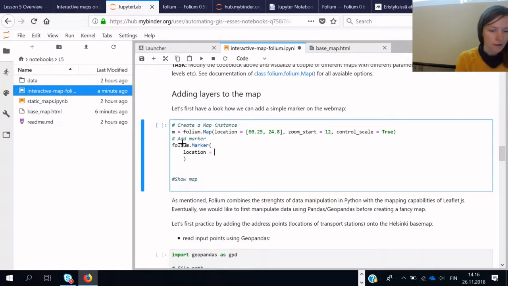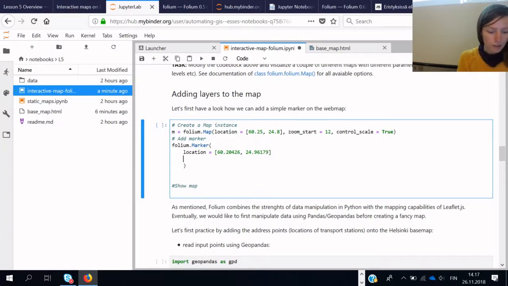So I checked this beforehand. So we are somewhere around 60.20426, 24.96179. We can then adjust it after we're done. Then we can add some text using a pop-up: Kumpula campus,